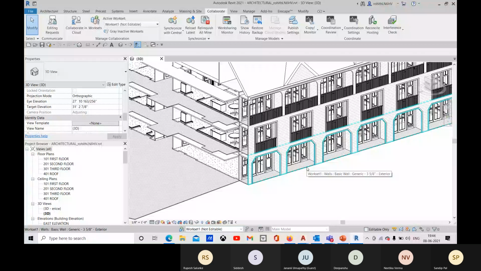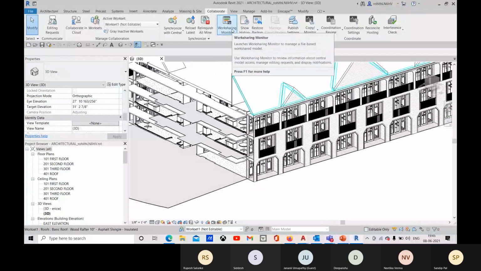And here we have the Worksharing Monitor as well. It helps to understand how files are organized, how they are being accessed by other team members, and whether there is any editing request or someone has borrowed something. Everything is managed within the Worksharing Monitor.